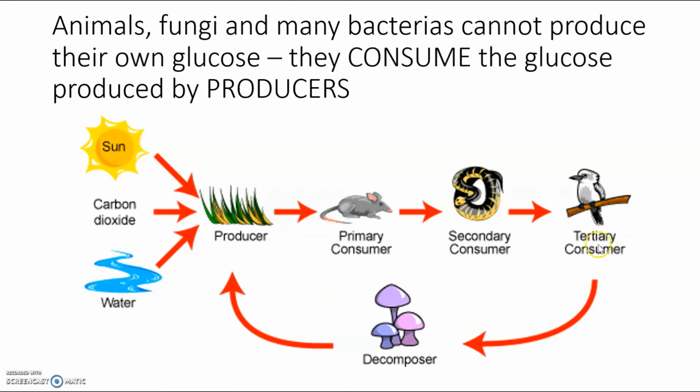And even though there's only an arrow from the tertiary consumer down to the decomposers, of course, when the secondary consumers die, they would get decomposed. When the little mouse poops, it would be decomposed. And when the plant material withers, it would also be decomposed. So there should actually be an arrow also from producer and primary consumer and secondary consumer down to the decomposers down here.